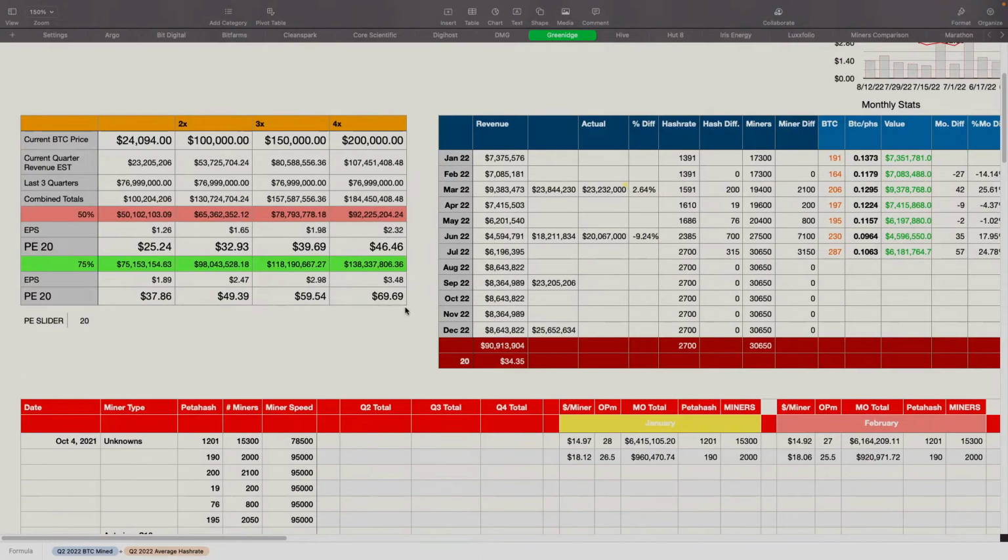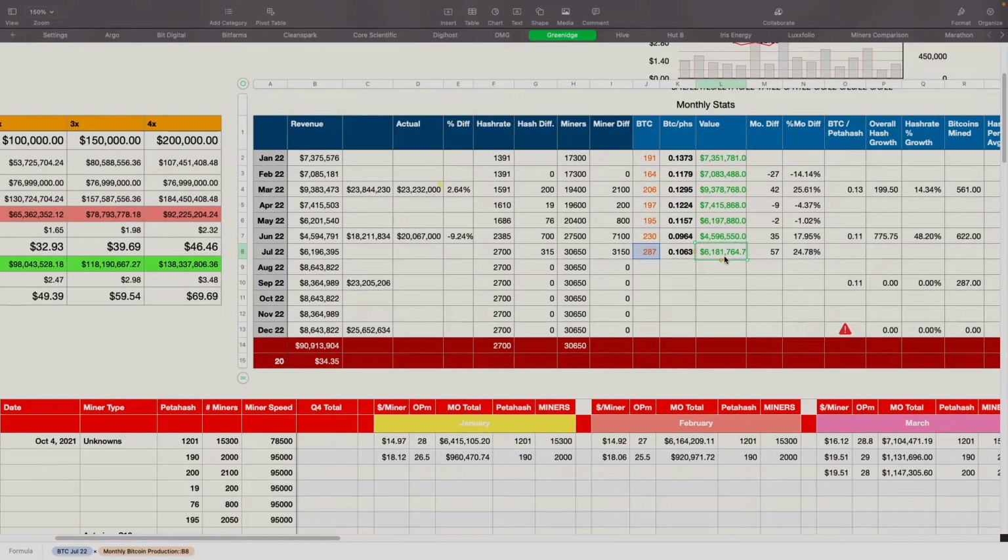So they provided us that they mined 287 Bitcoin, which by my accounts equates to almost 6.2 million in revenue. We have them at 6.196, so we're pretty close to that. And we did increase their hash rate up a little bit to get them to the 2.7, which is about 200 or so petahash increase from the prior month, which is good. They're getting miners installed. Right now, they're generating about